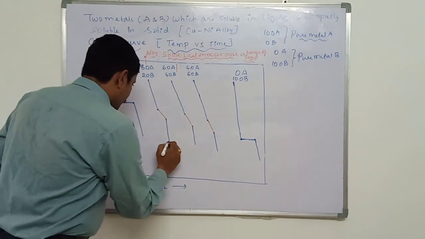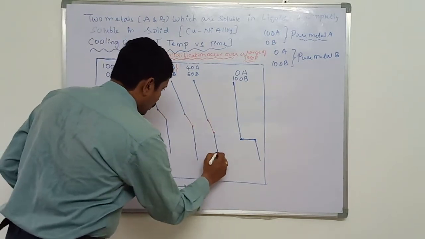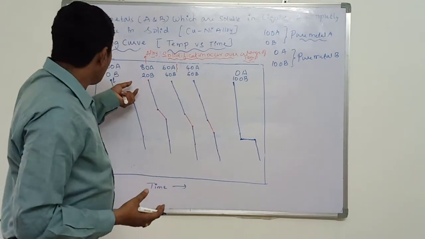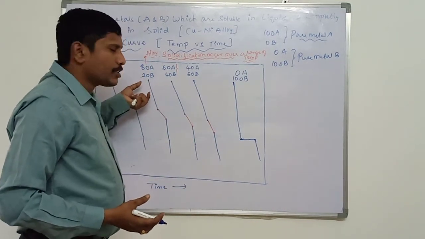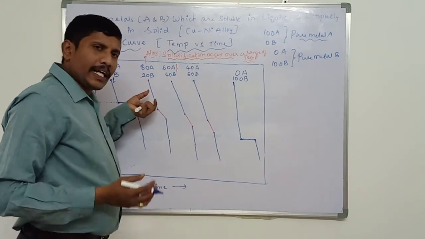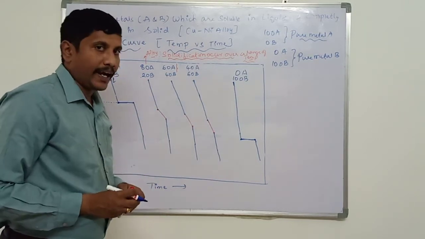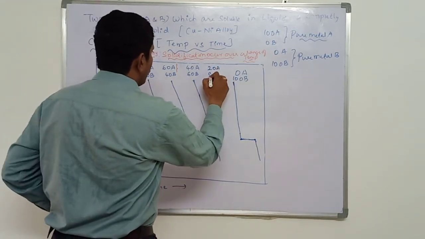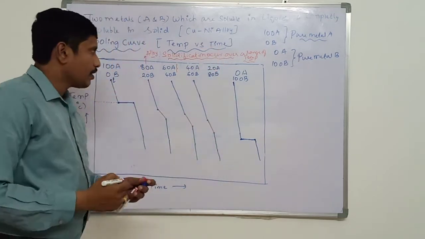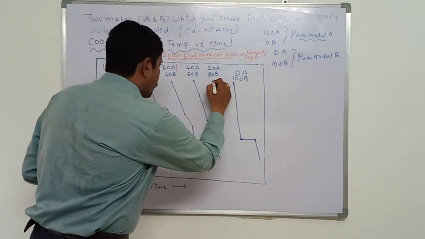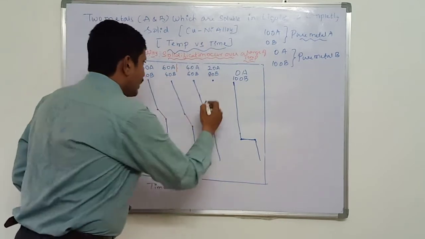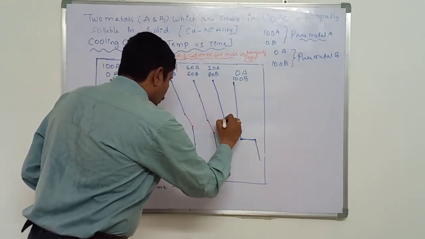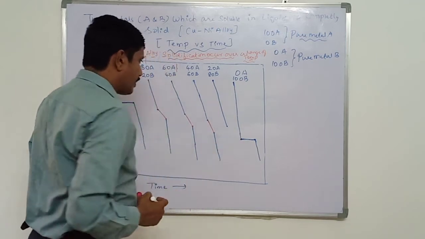So we are doing equilibrium cooling or slow cooling. The cooling is performed very slowly so that each and every phase is identified. Now let us consider 20A and 80B. So I'm doing equilibrium cooling from the molten state, a constant rate of cooling. Let us assume solidification will start here.